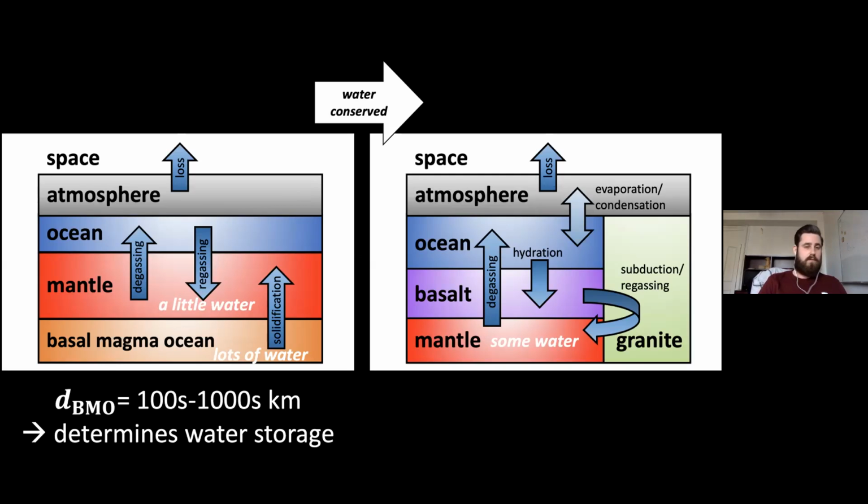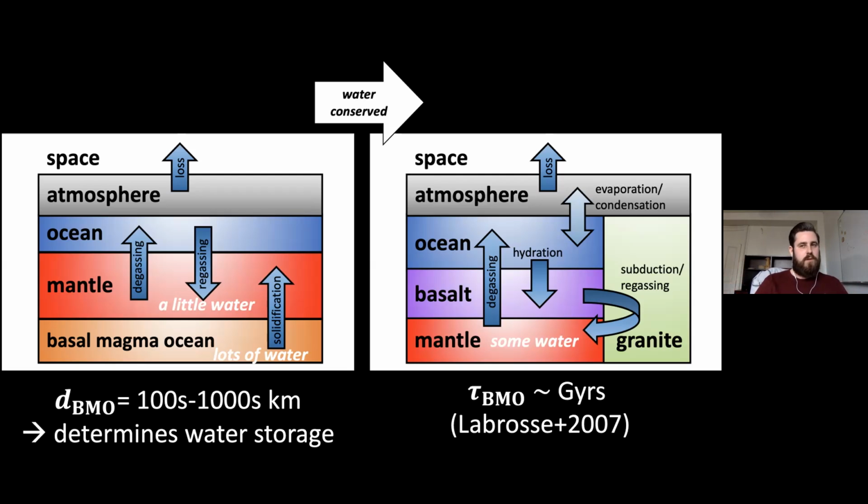So it could be on the order of hundreds to thousands of kilometers. And because water is so highly soluble in these silicate melts of the magma ocean, this is really going to determine the amount of water that can be stored away in this basal magma ocean, below the solid mantle. And the other unknown is that the basal magma ocean could persist for timescales of gigayears. So the initial magma ocean I was speaking about earlier lasted for about 50 million years, but this basal magma ocean lasts orders of magnitude longer.